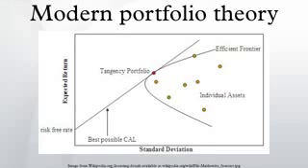Modern portfolio theory is a theory of finance that attempts to maximize portfolio expected return for a given amount of portfolio risk, or equivalently minimize risk for a given level of expected return, by carefully choosing the proportions of various assets. Although MPT is widely used in practice in the financial industry and several of its creators won a Nobel Memorial Prize for the theory, in recent years the basic assumptions of MPT have been widely challenged by fields such